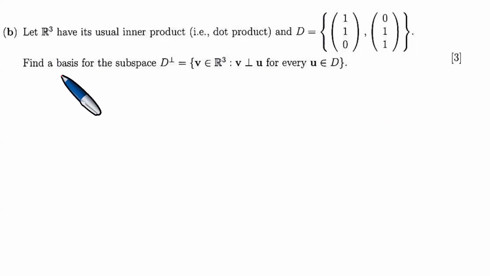Now find the basis. Hello. Yes, please. Did you lose me there? Okay, right. Let R3 have its usual inner product, so you are dealing with a dot product here. And you have that D contains these two vectors. Find a basis for the subspace